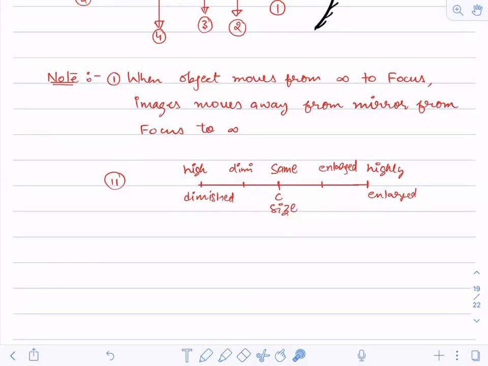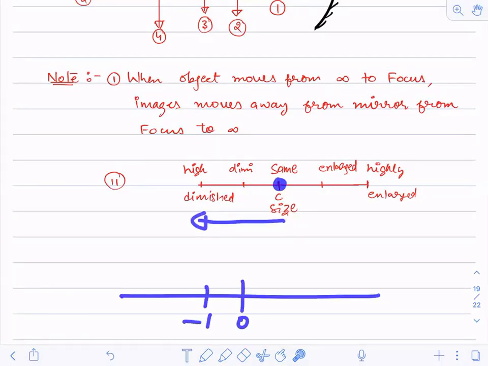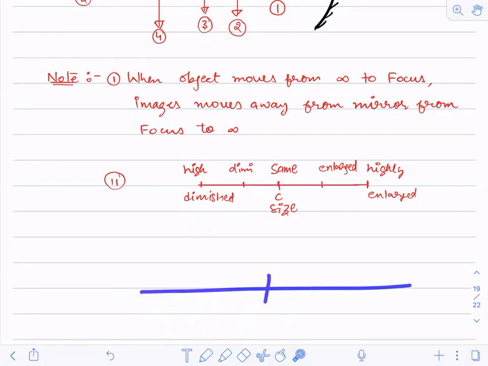If you're not able to understand this about the size, don't worry, if you remember it conventionally, that is also good. What I'm trying to say is, assume this as the origin. Moving to the left-hand side on the x-axis, if you can remember, this is minus 1, minus 2, this is 0, this is plus 1, plus 2, plus 3, like that.